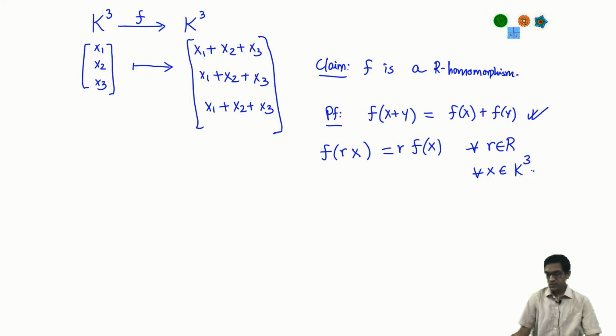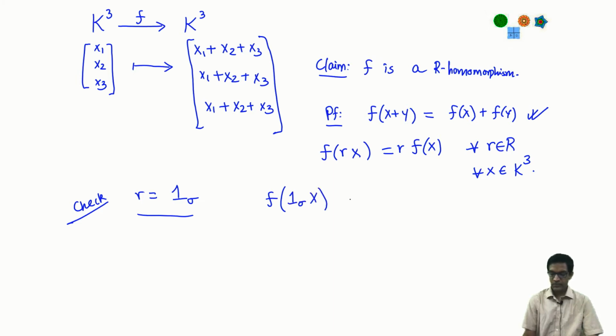Why is this possible? Well, let's take R to be these special elements, these basis elements 1 sub sigma, and check it for those. It turns out it's enough to check for those elements. So let's check for R equals 1 sigma. On the one hand, I have f of 1 sigma acting on x. My question is: is this the same as 1 sigma acting on f of x? I need to compute both sides and check that they are actually equal. So let's first compute the left hand side of this equation, f of 1 sigma x.